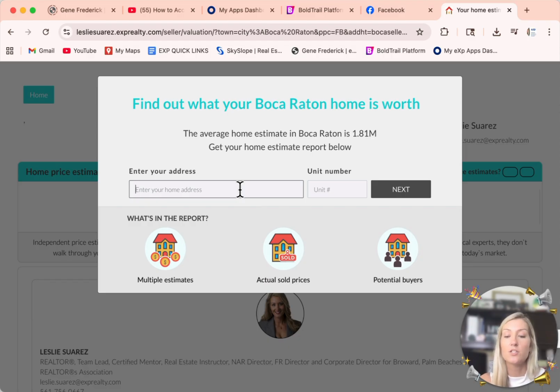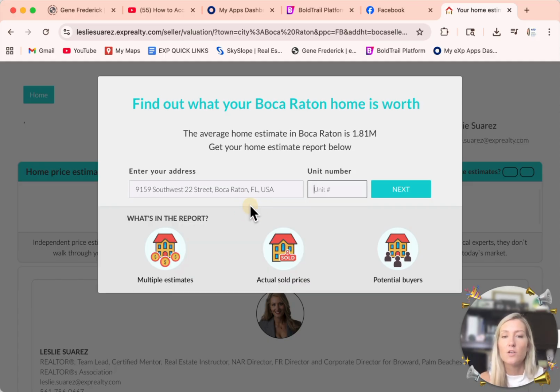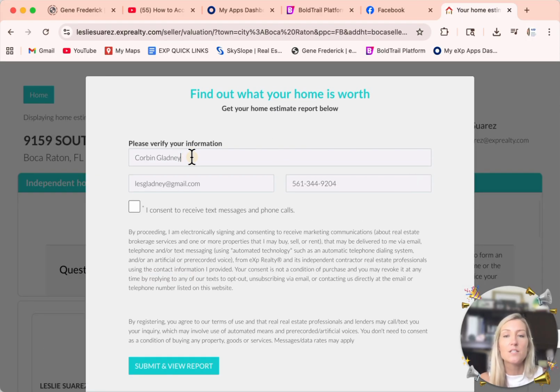So if somebody were to enter in their address right here, we're going to go ahead and just put in one of my listing addresses, and it will automatically populate. So if I were to put in that address and do next, it will ask me to sign in. It's going to say, are you this person? Please sign in. So I can put in my information,